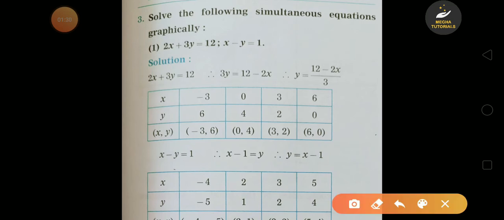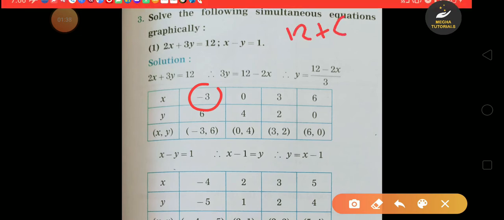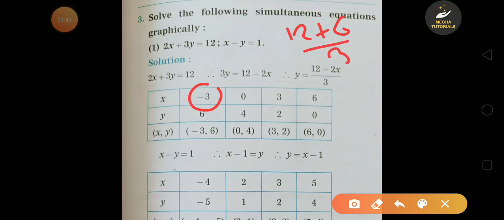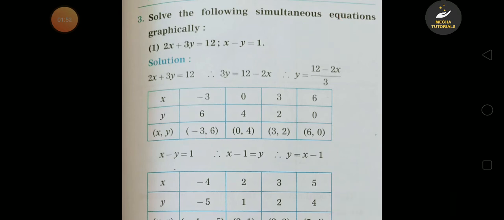So first they have assumed x is equal to -3, so 2 into -3 is -6, so 12 minus (-6) is 12 plus 6, 18 upon 3, 18 upon 3 is 6, that is 6 threes are 18. So आपका y का आंसर आया 6 and therefore first ordered pair आया -3, 6। ओके,